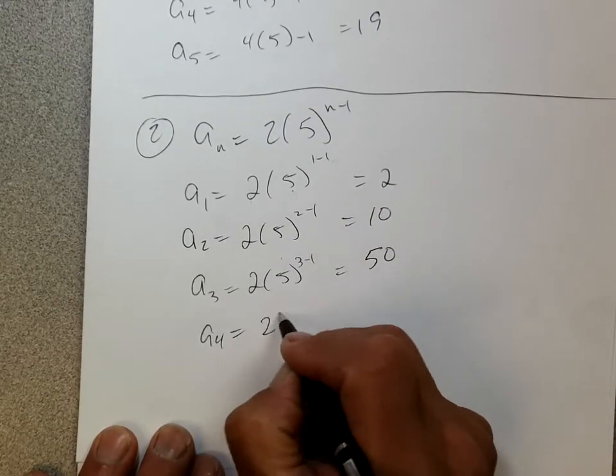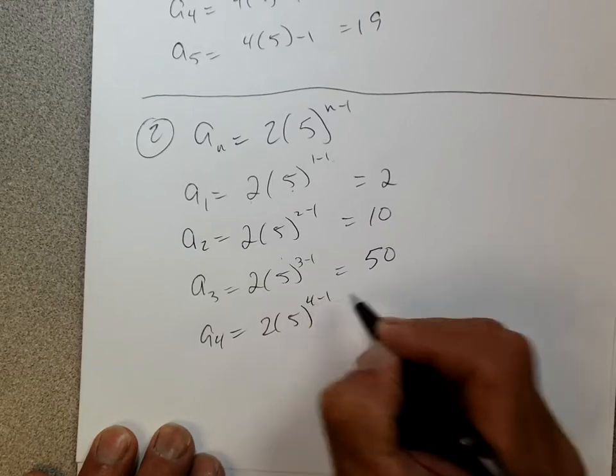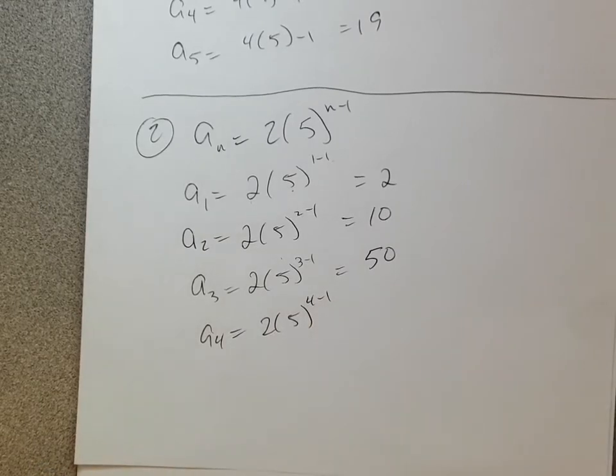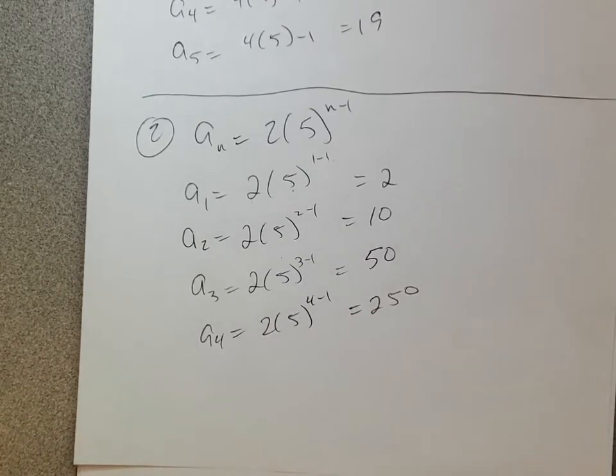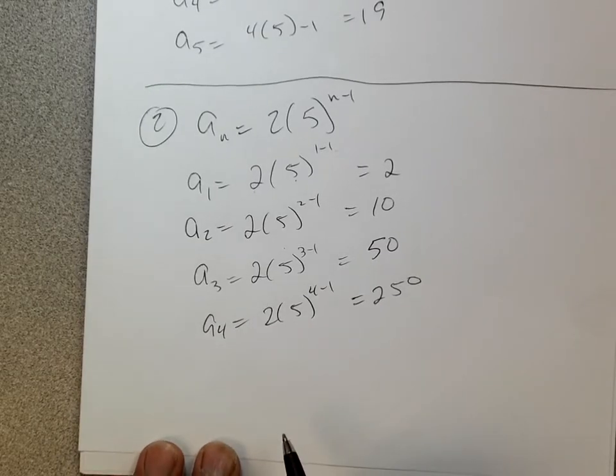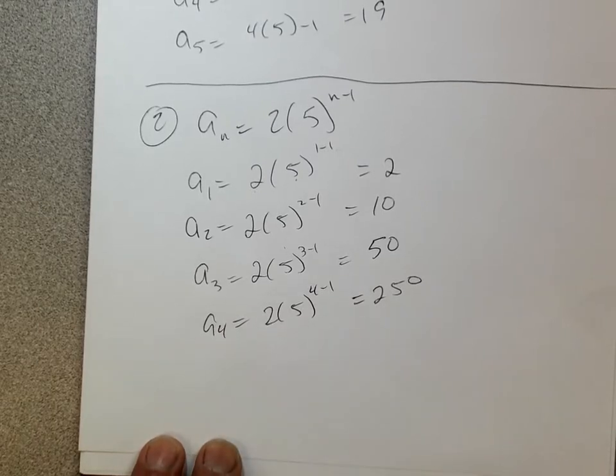A4 is 2 times 5 to the 4 minus 1 power. 125 times 2 is 250. And you can use your calculator to get these. I'm just doing these in my head. What's 250 times 5? That's too hard for me. I'm just doing my calculator, okay? 250 times 5 is